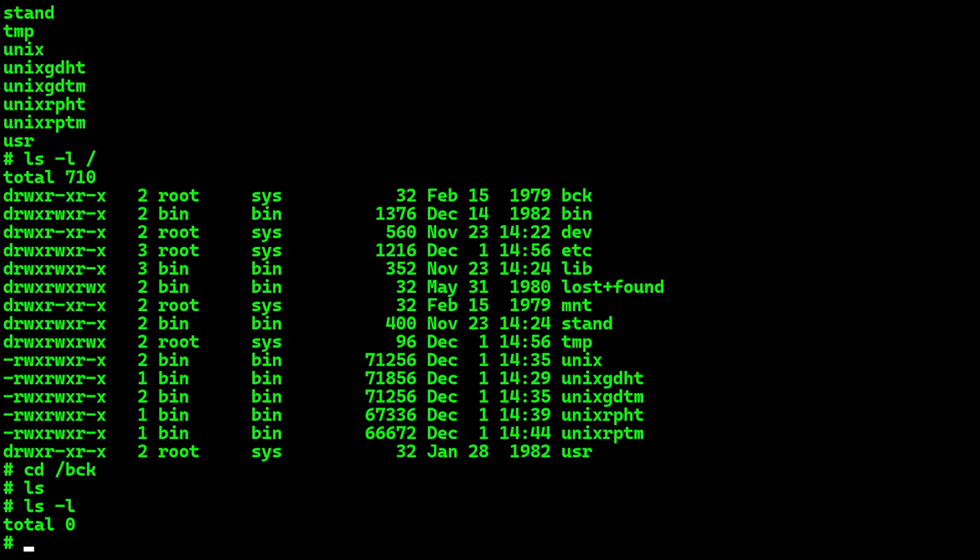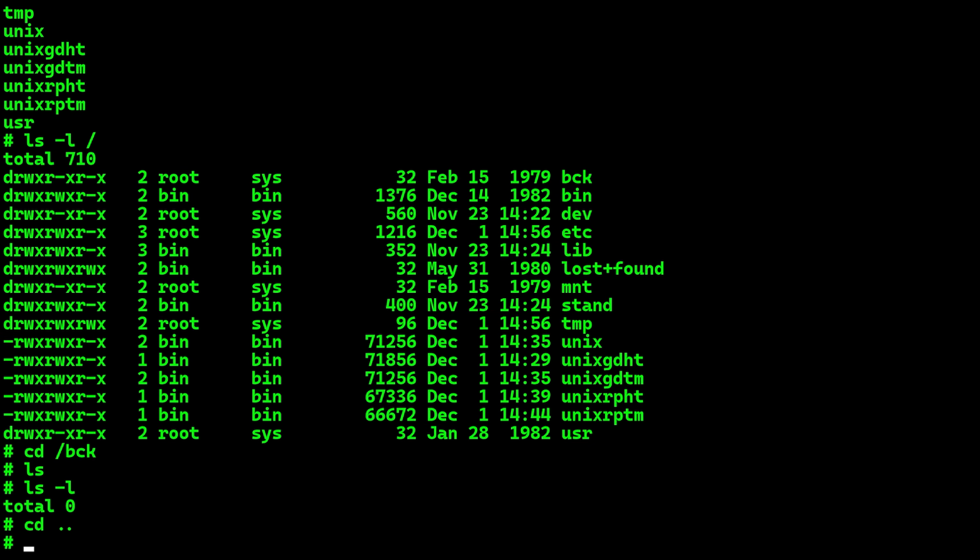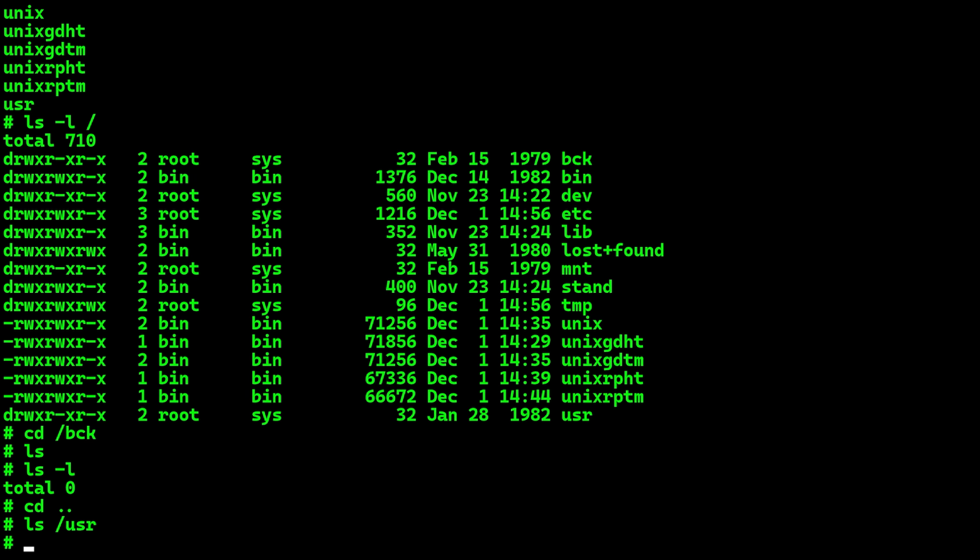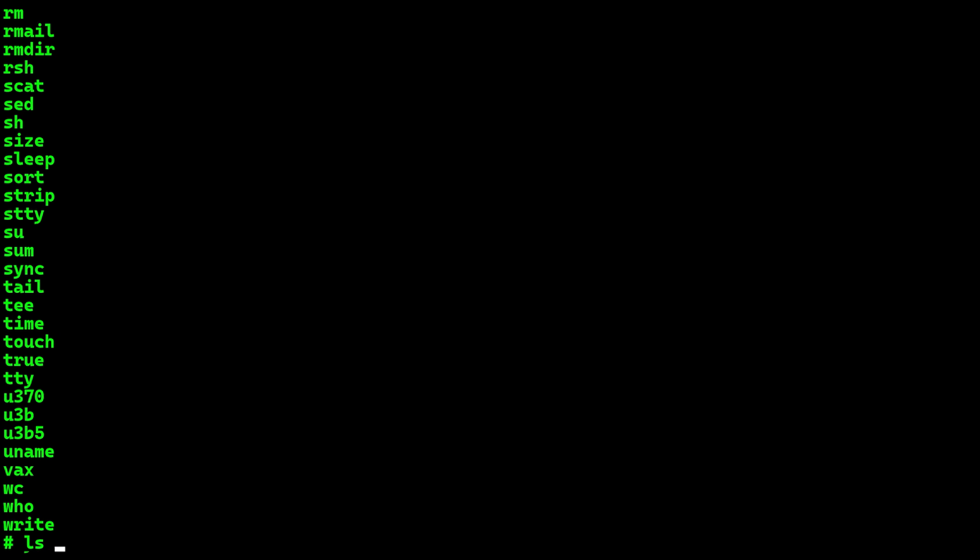Yeah, nice. Nothing in it. That's odd, but maybe something will get mounted there. Taking it, there's nothing in user either. Okay, and in the bins,